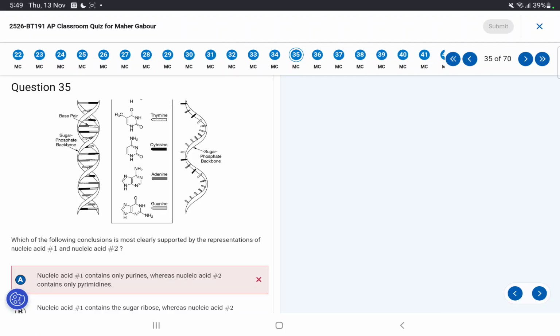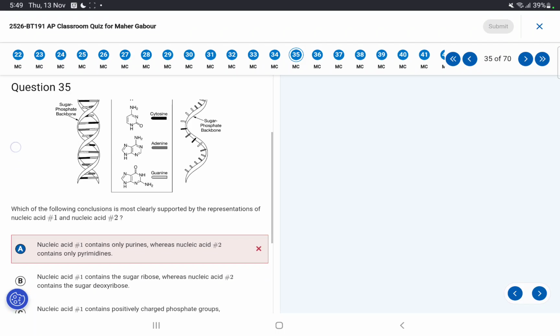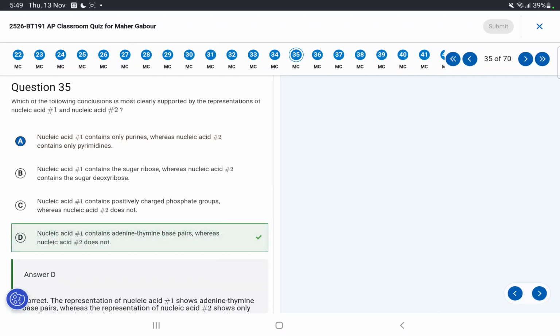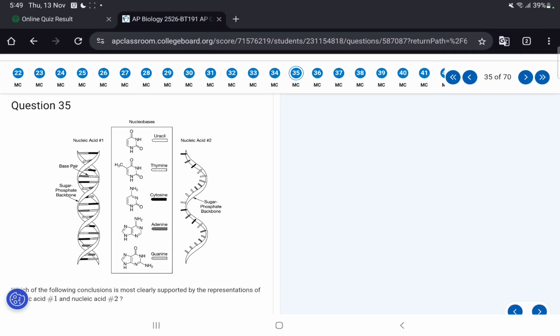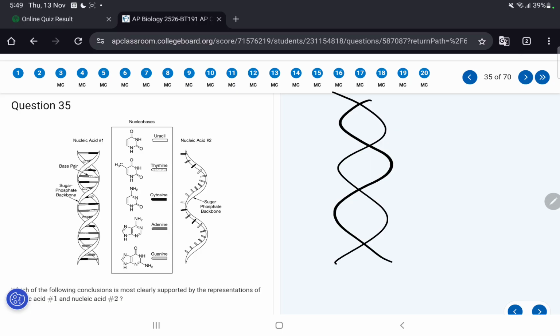Which of the following conclusions is most clearly supported by the representation of nucleic acid 1 and nucleic acid 2? Nucleic acid 1 contains adenine-thymine base pairs, whereas nucleic acid 2 does not. How do we know? See here, this is a double strand, which means it's DNA. Oh my god, how am I this bad at drawing? Okay, that's DNA. They're telling us that this is uracil, this is thymine, this is cytosine, this is adenine,